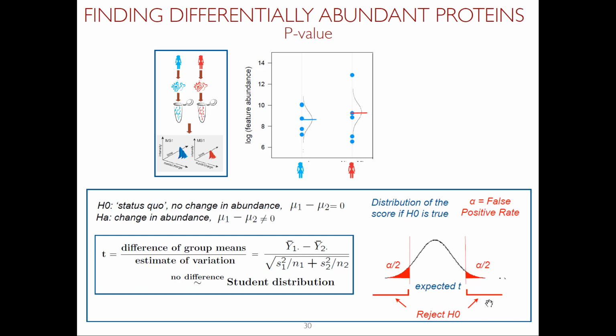And for a probability distribution, the property is that the area under the curve is the probability of things happening, right? So now what we can do, we can essentially have the cutoffs such that the probability to the left plus the probability to the right is as small as we would like. And this is called the false positive rate. This is alpha. This is our threshold. So let's say alpha is 5%. So we will have 0.025 here and 0.025 here. This is a small probability that we see something quite extreme, when in fact there is no difference between the